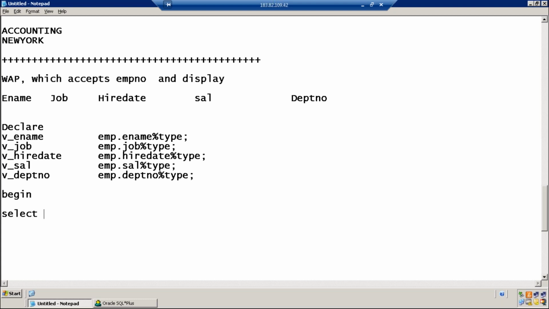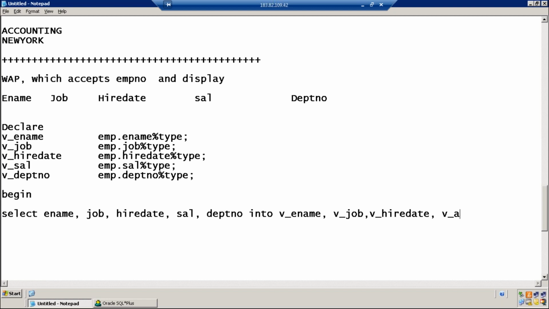Next, Dilawar, how to write a select statement? Begin. Select all the 5 columns. Select ename, comma job, comma hire date, comma sal, comma, all 5, into the 5 corresponding variables, from the employee table where employee number equal to what should be passed by the user?